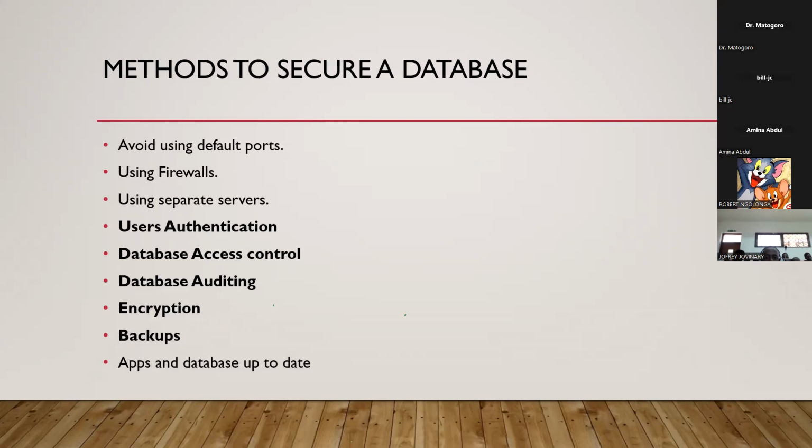Okay, let's check these methods to secure a database. Those which have been bolded are the main methods which we are using to secure a database, and those which are not highlighted are supportive methods to secure a database. First one is avoid using default port. We are all aware that by using a default port, each attacker is aware of the default port. For example, right now, if I ask you the default port for HTTP, you all know. For HTTPS, you all know, right? But also using firewall,